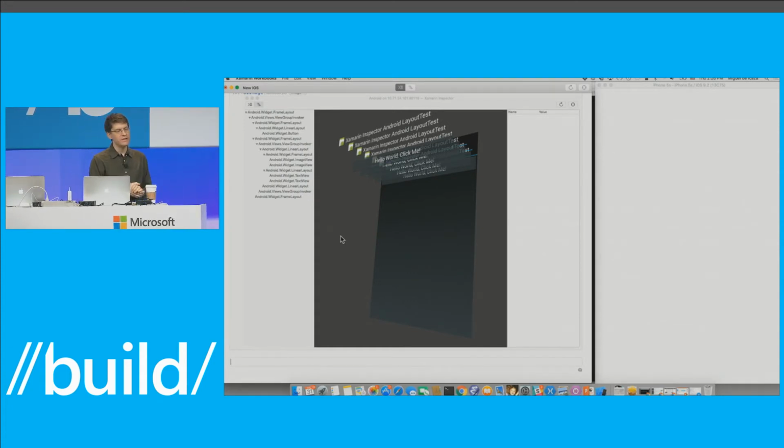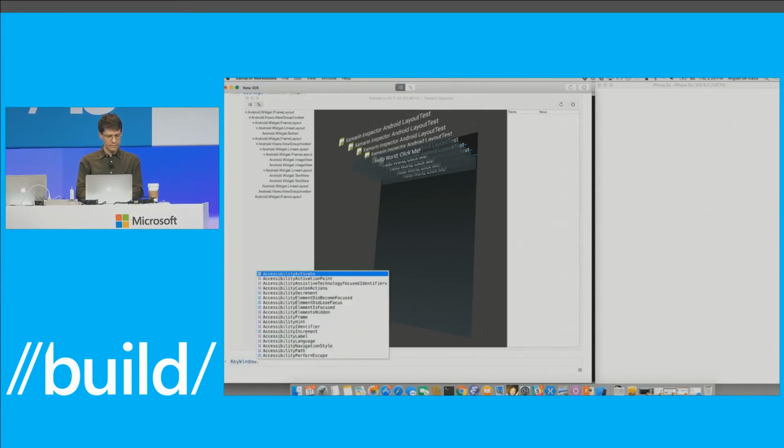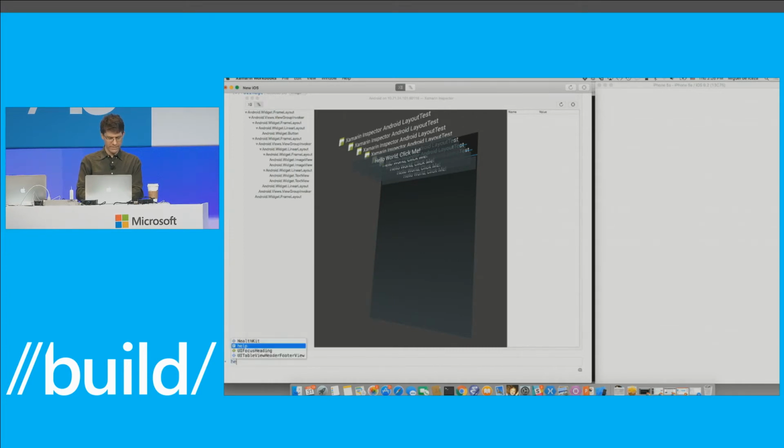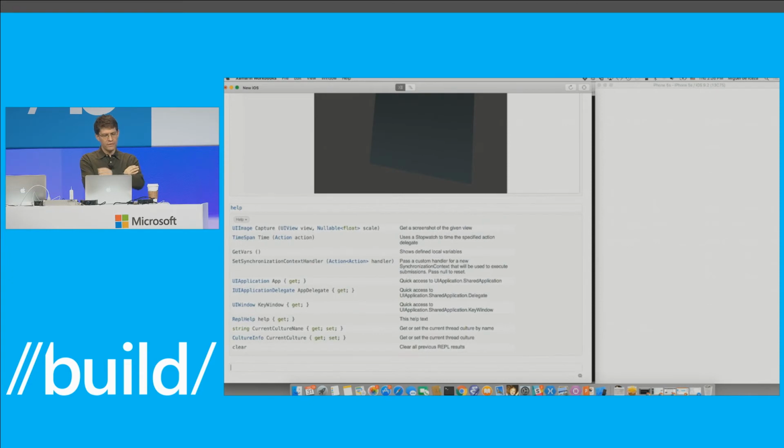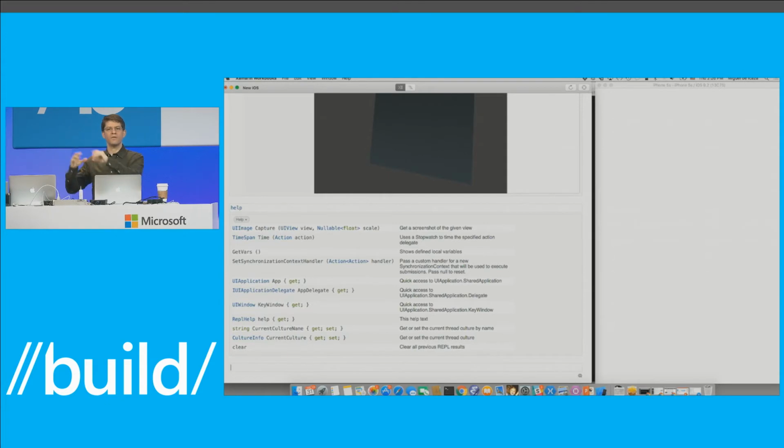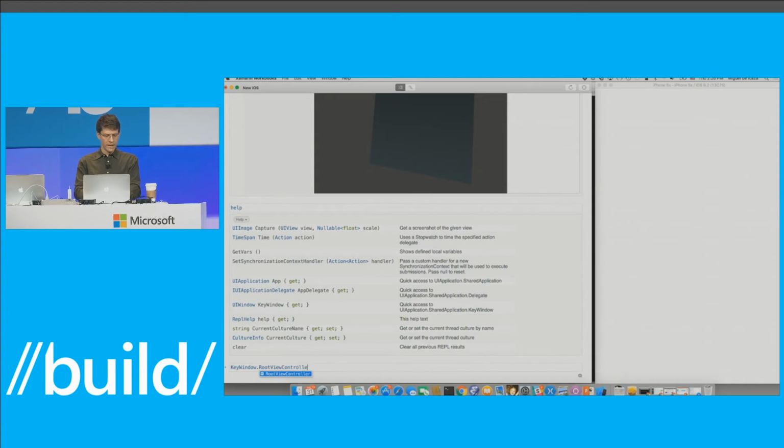Now, what is very interesting about this is that you can start exploring the APIs on iOS. For example, the key window. In fact, let me show you this. Help. So if you type help, you get a set of commands that will give you a little bit of context of things that you can do in this particular context. So this is the iOS context. You would get something different for Android. So the key window is a concept from iOS that refers to the main window that is currently focused on the application. So I'm going to do root view controller. And I'm going to assign a, what would that be? Contacts. Maybe Twitter.